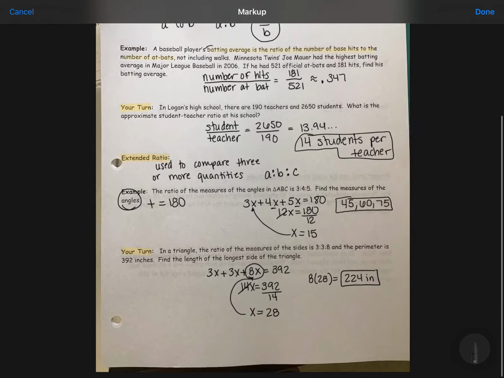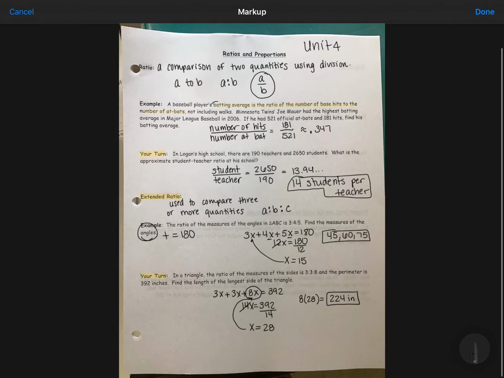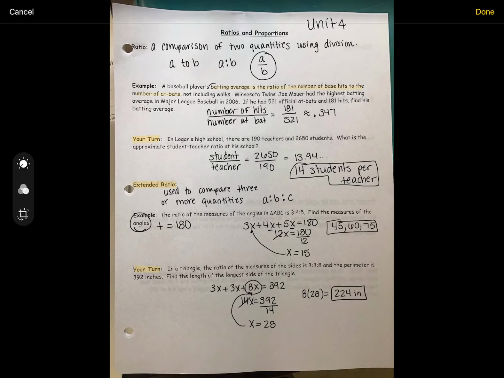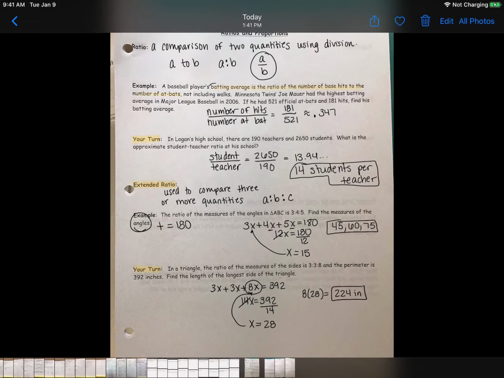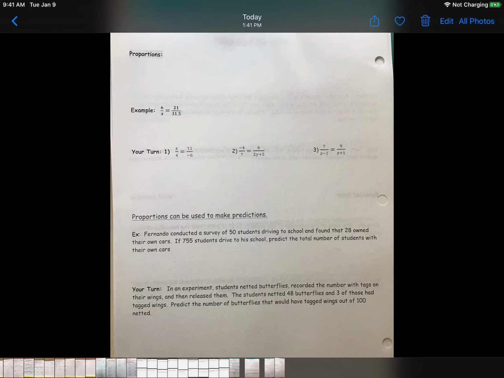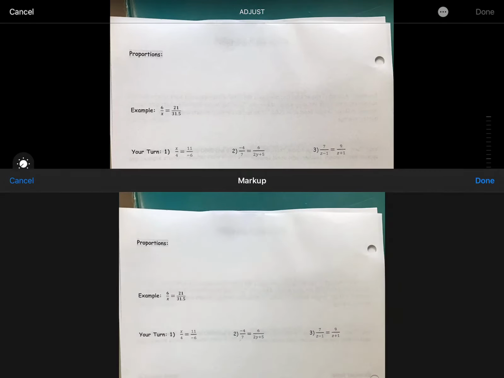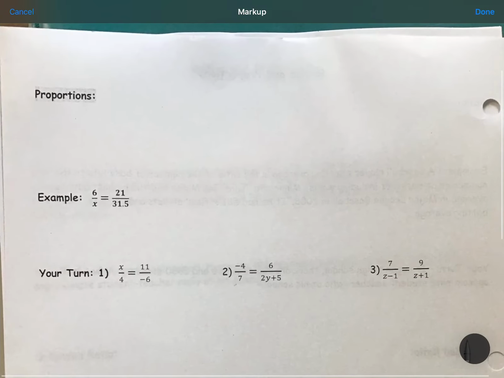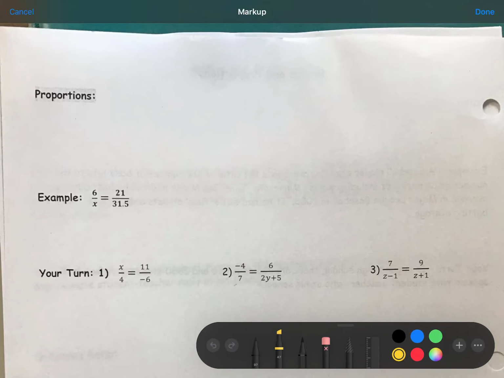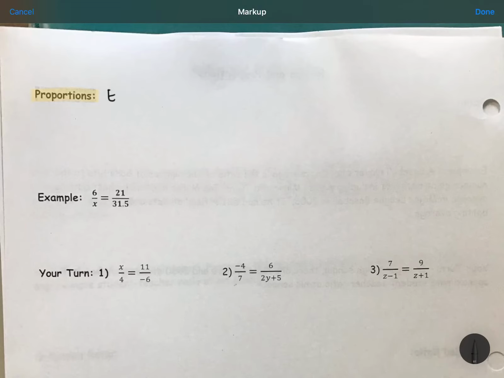So those are your basic ratios, super simple, talked about them in previous math class. And now we're going to flip our paper over and we're going to look at proportions. You have also dealt with proportions in previous math classes, and so this should be a review. A proportion is basically 2 ratios set equal to each other. This is an equation